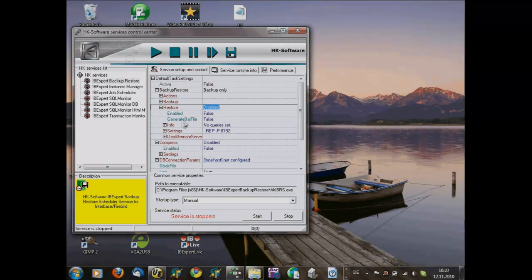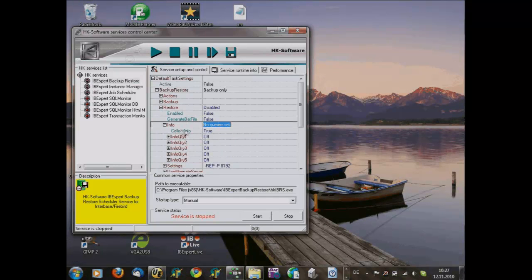When I do a restore, I can say I enable the restore. I do some info lines. The info queries are set only for having some informations about the database in the log file already. For example, here you can simply say, here's a select statement, get the data from the last invoice in my database to see which numbers are the highest invoice that I have in this database.